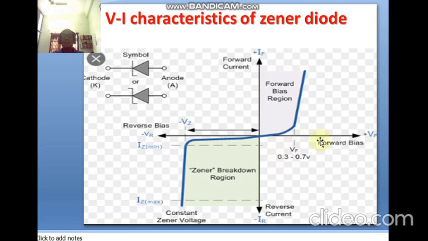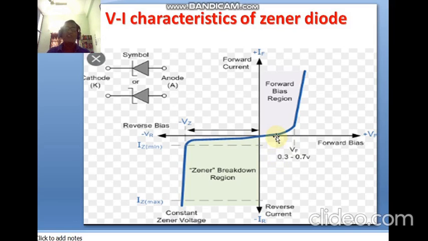On the x-axis we take voltage and on the y-axis we take Zener current. We plot the graph between Vz and Iz and get the curve like this. This is the exponentially increasing curve in forward bias because it acts as a normal diode. Up to here there is no current even though the voltage is increased. Here the forward voltage is 0.3. That means from 0 to 0.3 there is no current passing through the diode in forward bias.